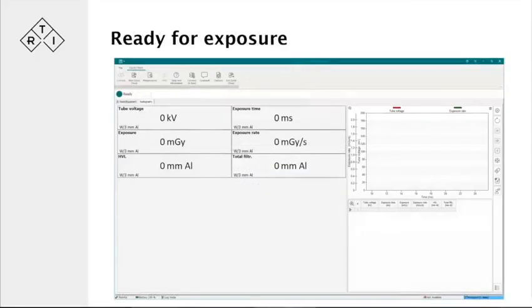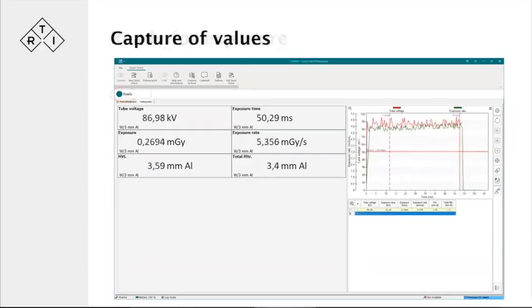So if you choose radiology, this is where it takes us. It gives us all the measurements that can be provided by the instrument in the current configuration. It's ready for exposure when we have a ready screen. We've made that green now, so it's easy to see. And when it's green, it's ready to accept